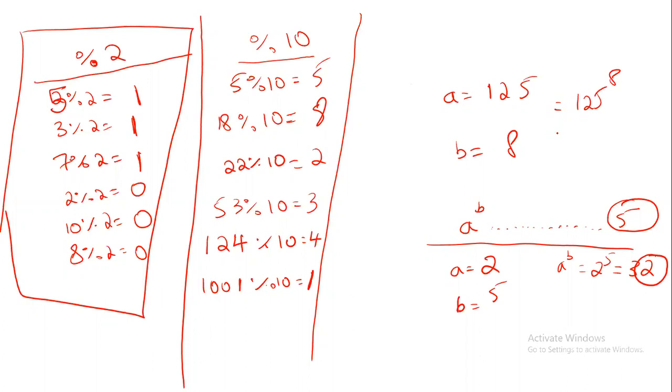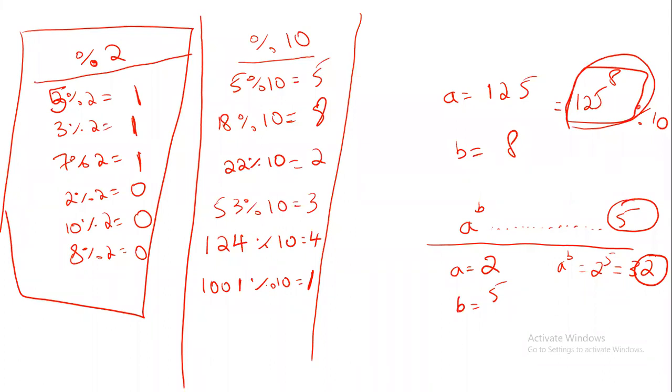Now if you are thinking you already know the answer, you'll write a program to find this result, and then for this result you will use mod 10 and tell that's the answer. But that will take a lot of time and it will be wrong. Why? Because 125 to the power 8 will cross the integer range, and that value cannot be stored in the integer data type. That is the problem.